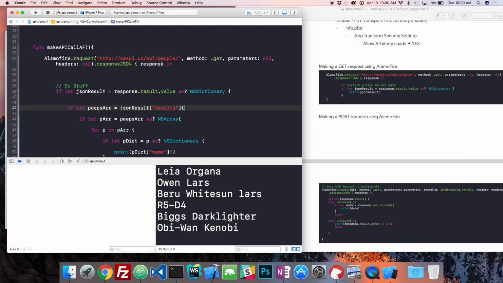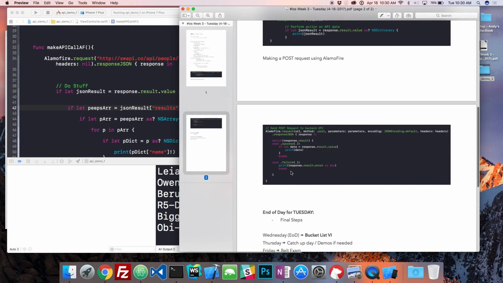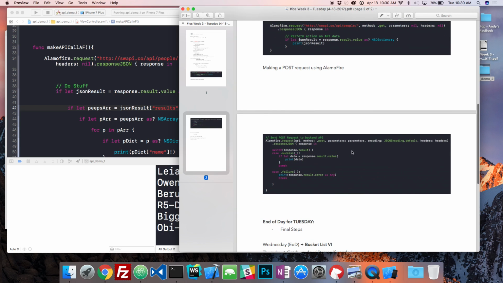There's also another library called Alamofire Image, which is what I used for caching the images for my Star Wars app. I've never used just vanilla Swift to get images before, but I imagine it'd be much harder than with Alamofire Image, because the documentation is really clear. Just do that, import that, and this is how you use it, right? Again, I'll send you guys this PDF with all this code, and the POST request is very similar. You just have some extra parameters in there, and